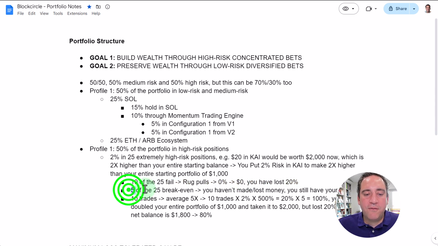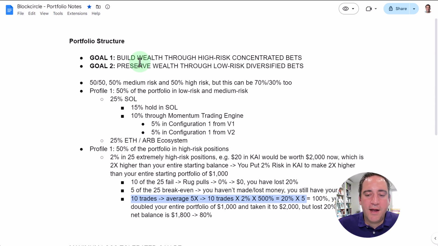Then let's assume that 5 of the 25 break even. So you, in fact, just walk away with your 10% and no gain, no loss. We don't want that, but that's better than the alternative, which would be losing everything, right? Then you have, let's say on average, 10 trades that net 5x, so 500%. And you're doing those 10 trades times 2% times 500%. So you've essentially near doubled your entire portfolio balance of starting of $1,000 or 10,000. You've gone to close to